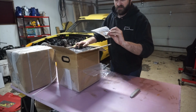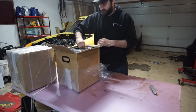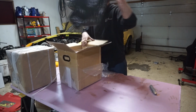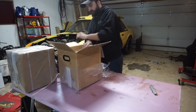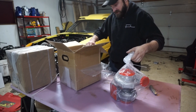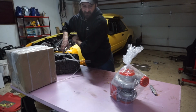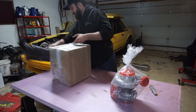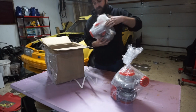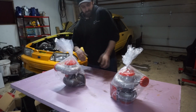We have a turbo gasket and drain. That's for the transmission. We have a bunch of foam. We got that guy. Maybe I will open the other one, just because it's always fun to see all the stuff together. So I'm gonna cut this part. And we got another one. We're gonna have to...